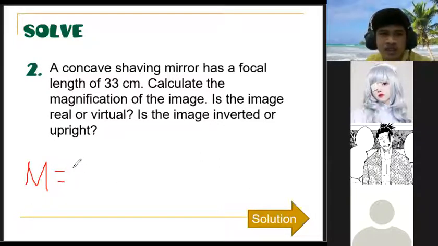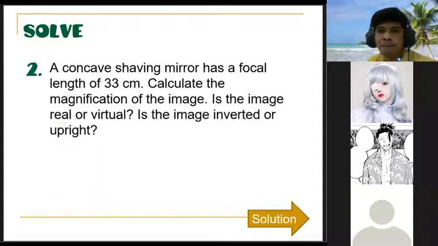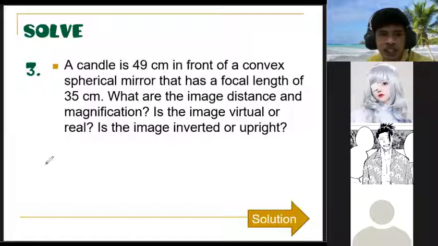Then describe whether the image is real or virtual, upright or inverted, enlarged or reduced. The formula for number two is M equals negative DI over DO. And for number three, what you're going to do is 1 over negative F, because it is a convex mirror, equals